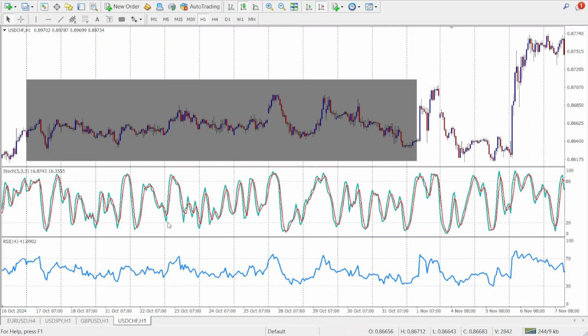So in these conditions, the stochastic can help you spot potential reversals when the price hits key levels within the range. For example, when the price is near support and the stochastic shows that the asset is oversold, it might be time to look for a buy signal. Similarly, when the price is near resistance and the stochastic shows that the asset is overbought, it might be time to sell. So this strategy is effective when the market is not trending, but is moving within a clear price